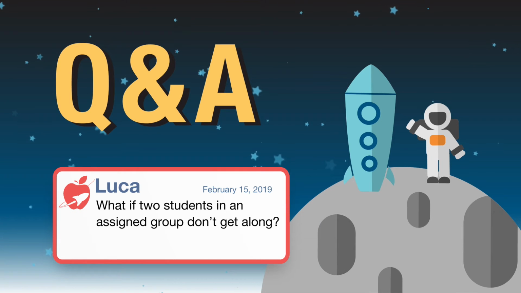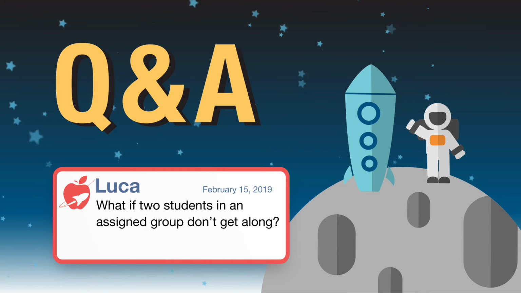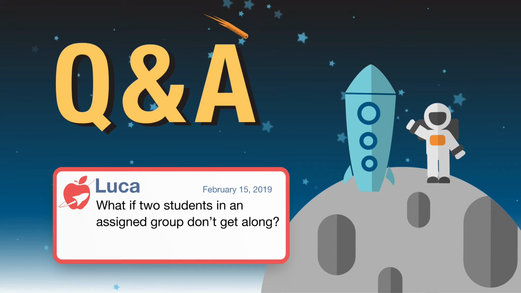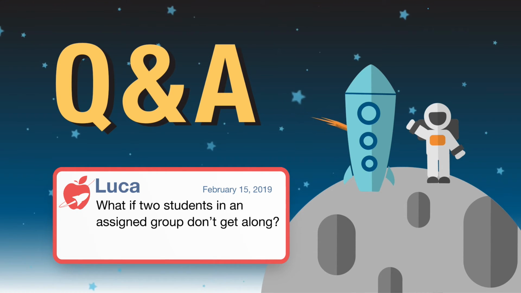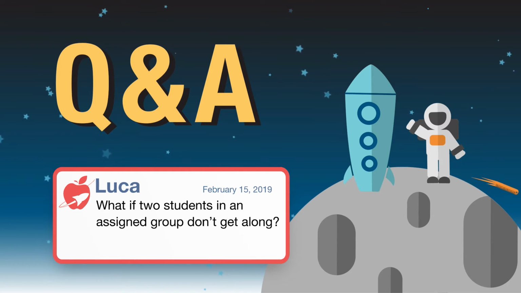We have another question. This is from Luca. What if 2 students in an assigned group don't get along? Kyle, do you have any experience with this? Yeah, that's always a concern. I think the first thing you need to do is consider how much they do or don't get along. So does it look like something that may turn into a huge conflict and be a big distraction? Certainly if you fear that it might become something physical, or if they just have this shared history and are put in this group together and you didn't know about it before, that is something that you want to change.